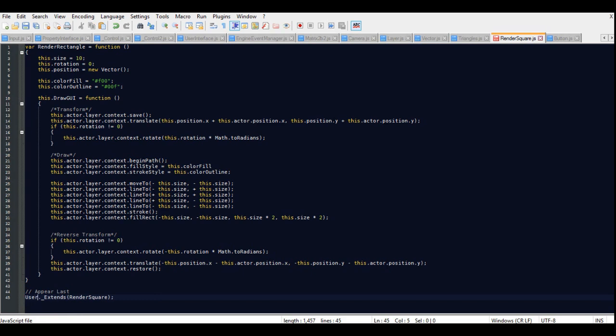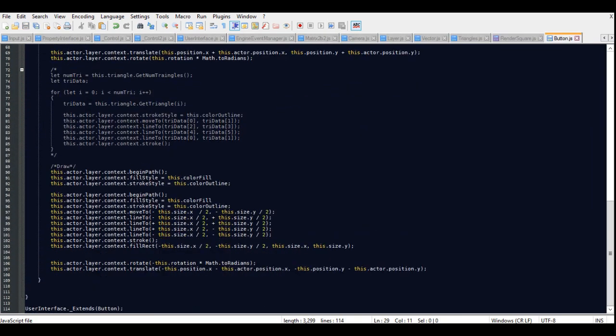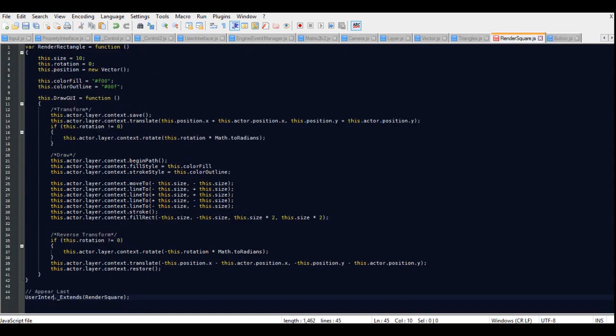user interface. I'm actually going to just take it from the button, user interface, because they use the same style. And this render square is no longer render square, it's render rectangle,